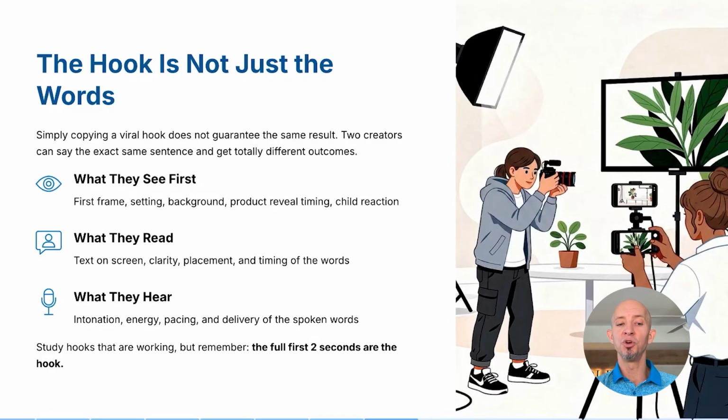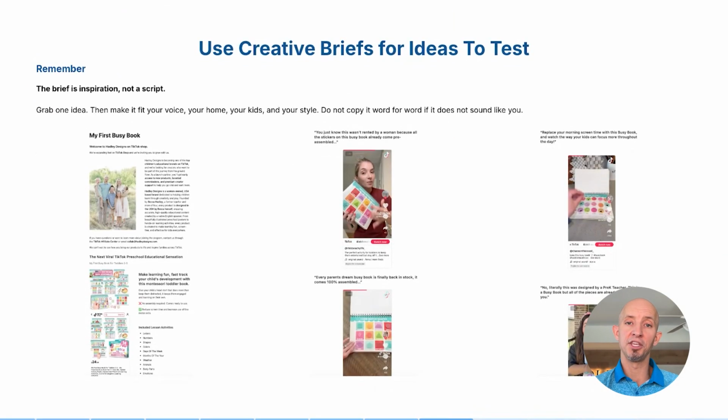So ultimately, you want to study those videos, the hooks that are working, but remember, the first 2 seconds are your hook. Okay, your first 2 seconds are everything, and this is everything. It's the words you speak, it's the hook you say, it's the hook that you have on the screen, it's the background, it's the setting. There's so many different variables. That's why I would say you don't have to come up with a whole lot of net new concepts. Just go with the concept, see if it's okay, and then just start changing one piece at a time till you see like, oh, this video is actually getting better and better as I just continue to layer on these different things.